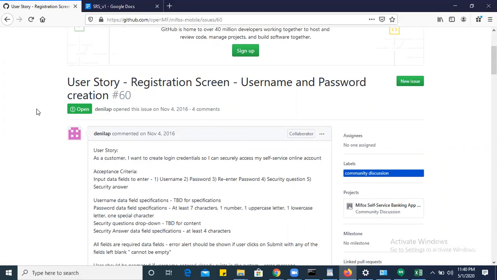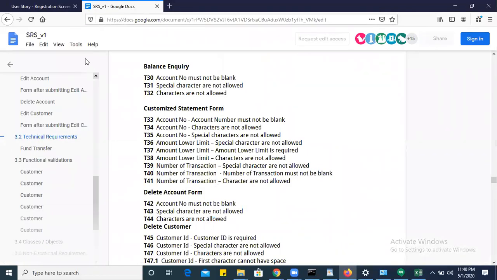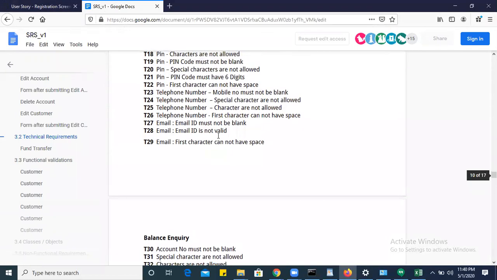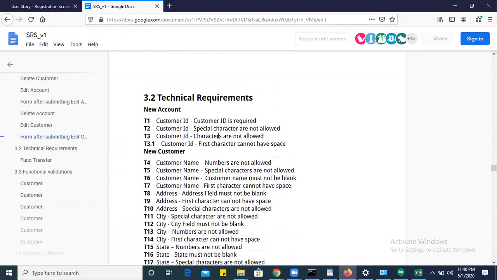Requirements can be in terms of a user story, or a requirement document. I found both of these in Google, and this one is for banking. For example, the technical requirements say how each field should be, like customer ID and customer name.